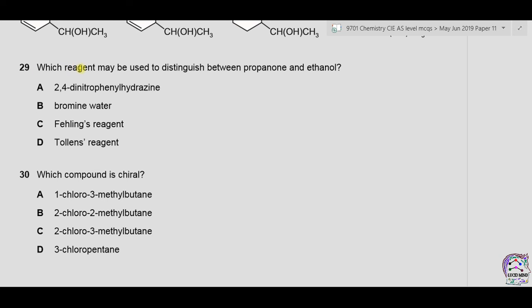Question number 29. Which reagent may be used to distinguish between propanone and ethanol? Propanone is ketone and it consists of carbonyl carbon atom, while ethanol is alcohol and it consists of OH functional group. A is 2,4-dinitrophenylhydrazine, which is also called 2,4-DNPH,